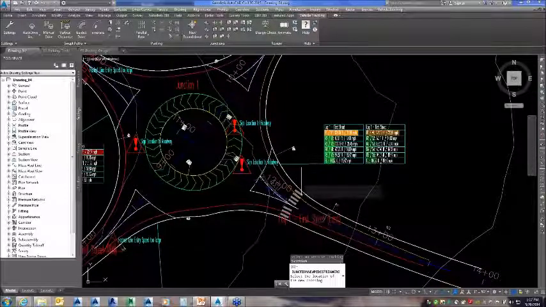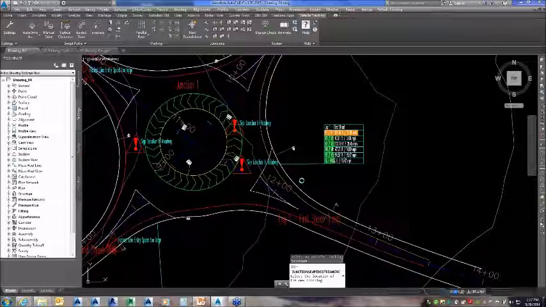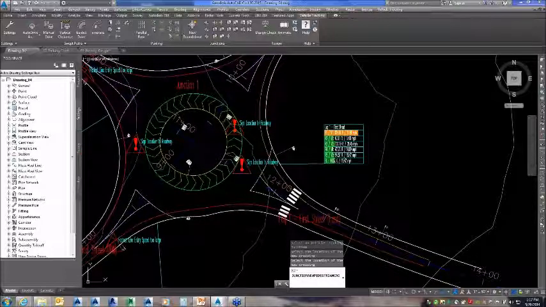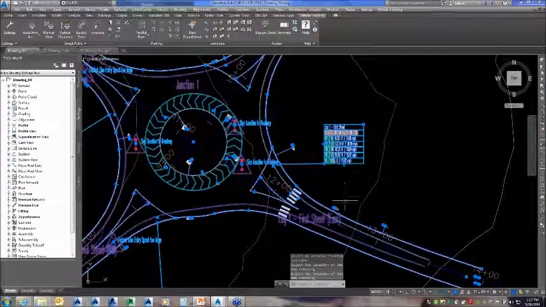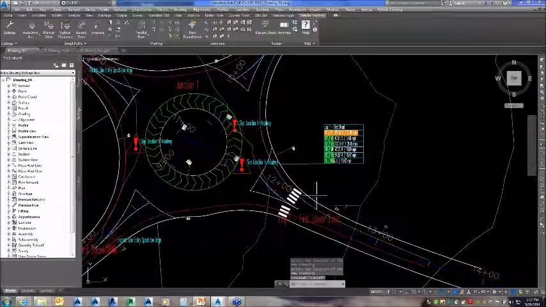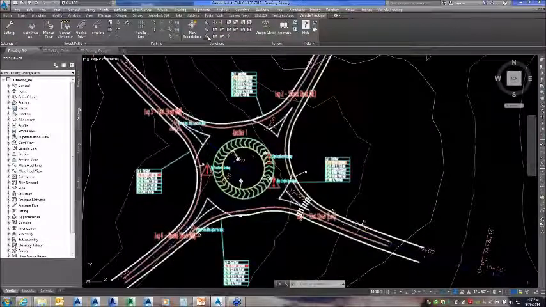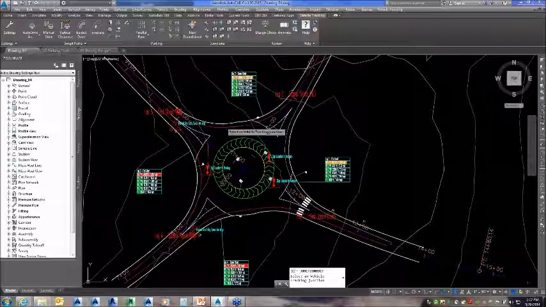So if I pick right there, it adds my signage. I'll right click and hit enter. Everything dynamically updates. It moves my signage away from my crosswalk. Everything dynamically updating. But the beauty of working with it, if I go and edit this roundabout, you know,